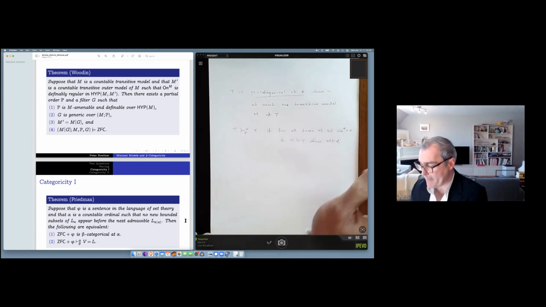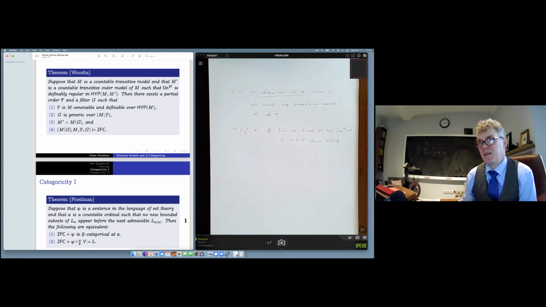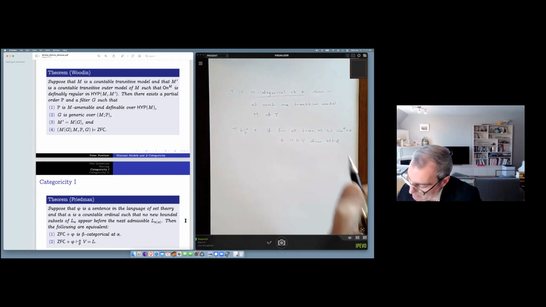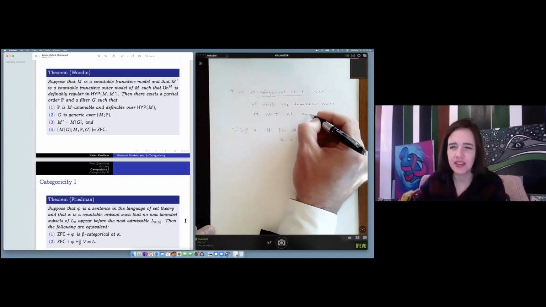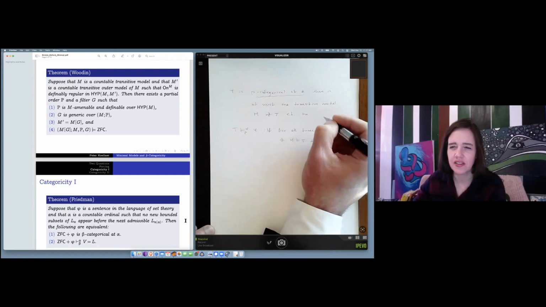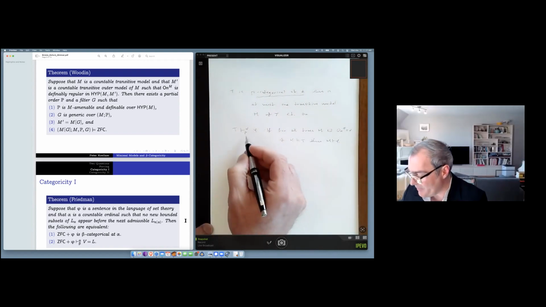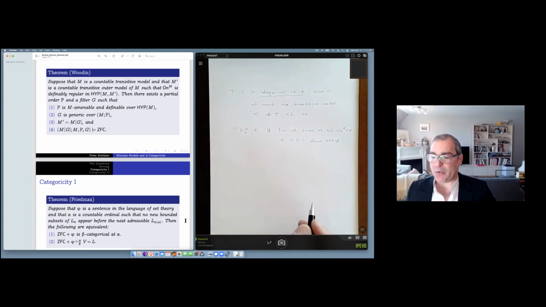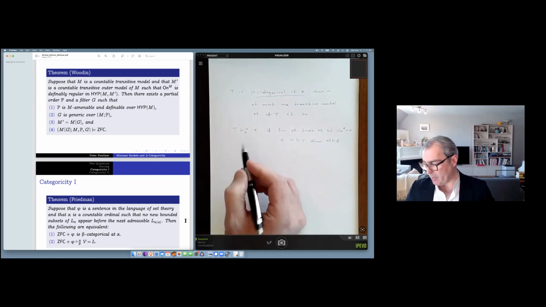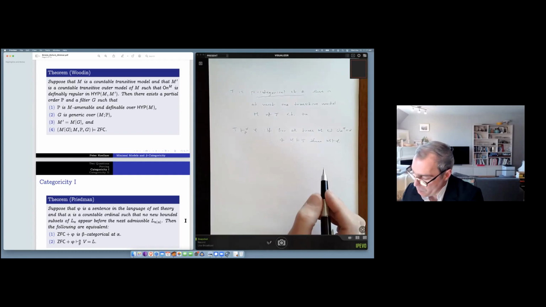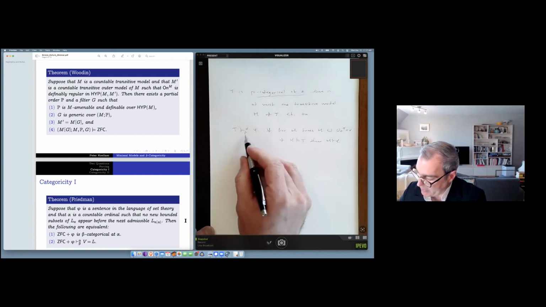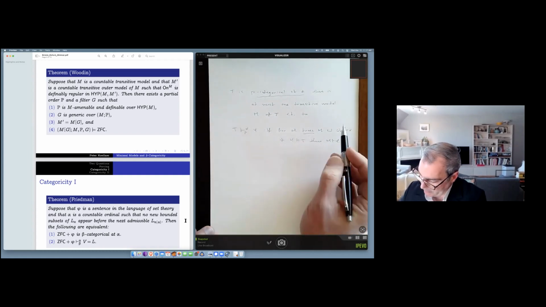I guess in the first statement, you mean of height alpha, right? Oh yeah, right. And size beta or something? Oh no, beta is just that we're restricting to transitive models. So I could have put a T there, I guess, for transitive. So yeah, the beta just indicates that we're restricting to transitive models.